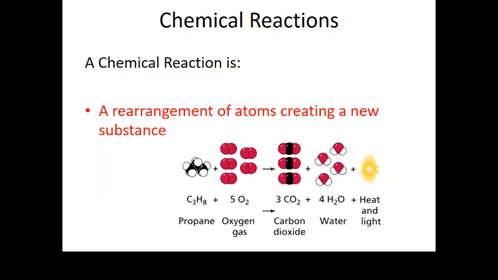So, chemical reactions. What is a chemical reaction? Well, a chemical reaction is a rearrangement of atoms creating a new substance. When you start with something and you end with something different, you know a chemical reaction has taken place. You're changing the chemical composition of what you started with, your reactants, and changing them into something different, which is